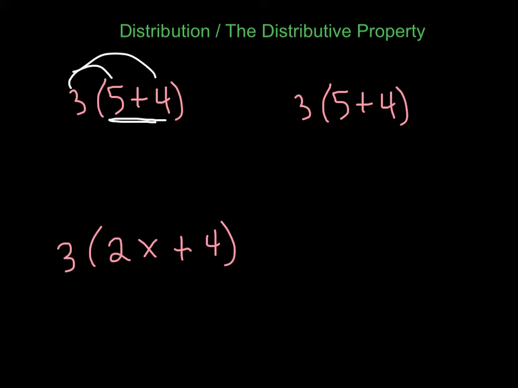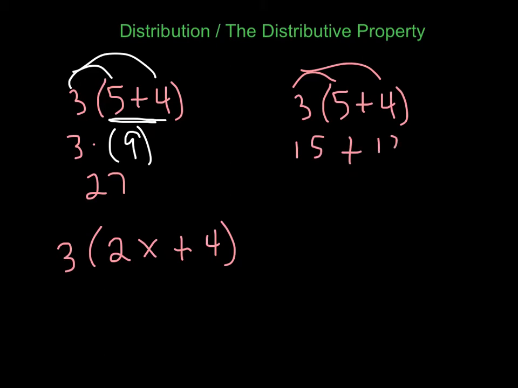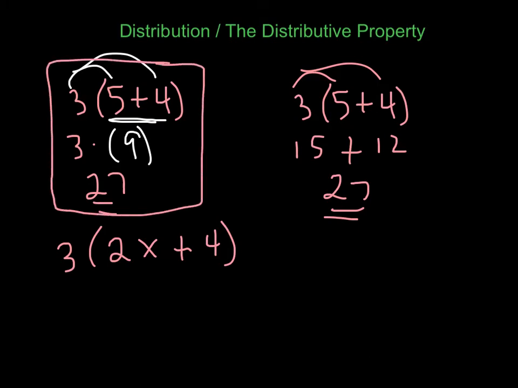That is the order of operations taking over. And I can add 5 plus 4. That is 9. So this is going to be 3 times 9, which is 27. Now, if you distribute anyway, and you do 3 times 5 is 15, plus 3 times 4 is 12. 15 plus 12 is 27. You still get the same answer, but really, this is the preferred method of attack when you can simplify inside